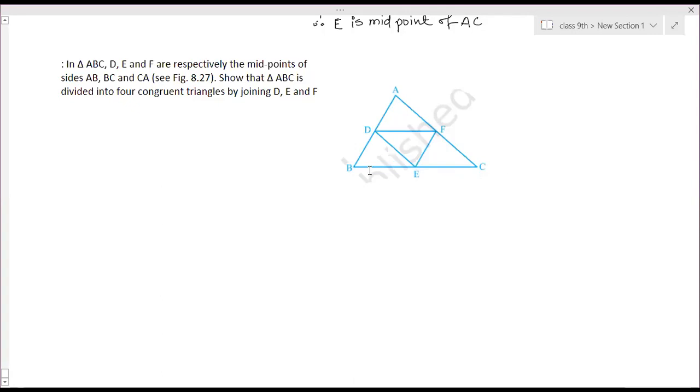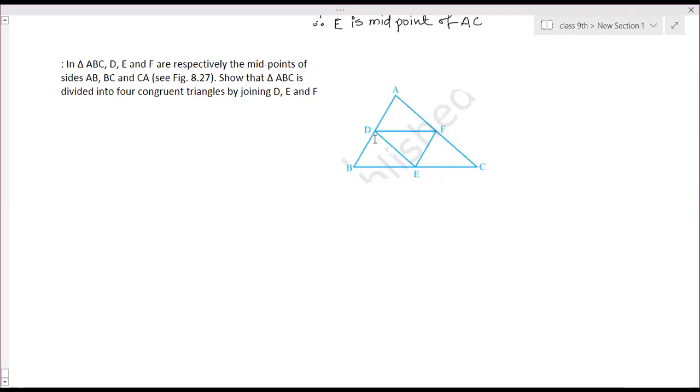Now BE is a part of BC, so therefore DF is parallel to BE, and E is also the midpoint of BC. Therefore BE is half of BC and DF is also half of BC. That means DF and BE are parallel and equal. So therefore DFEB is a parallelogram